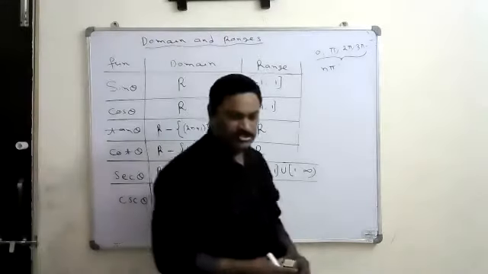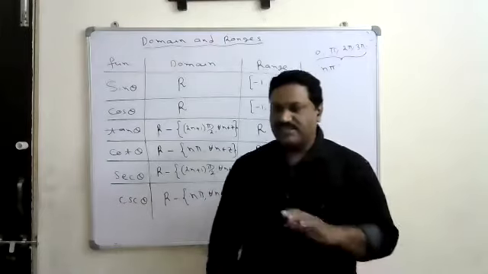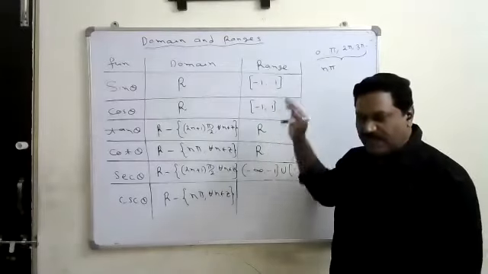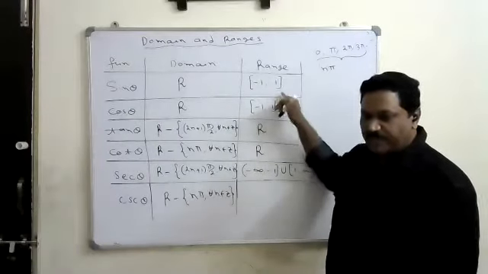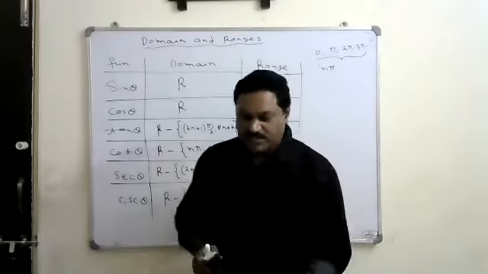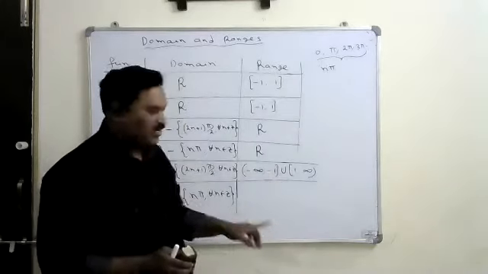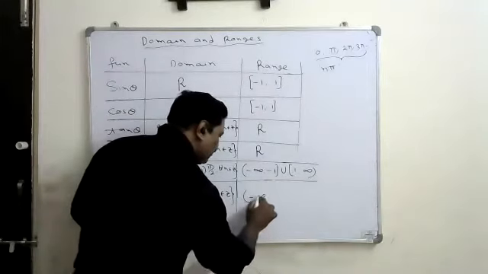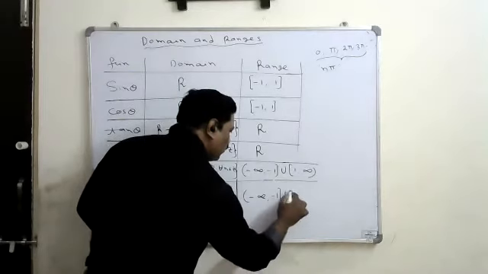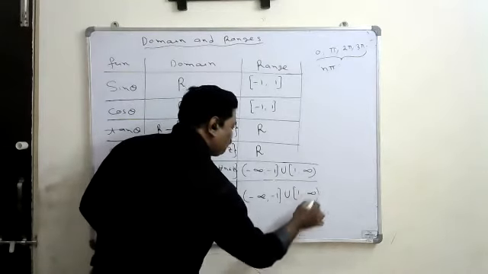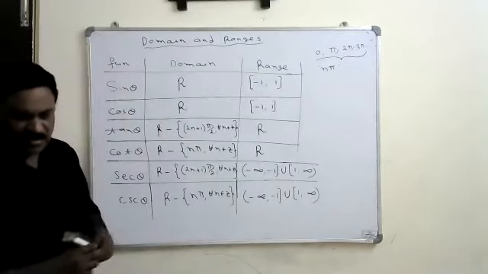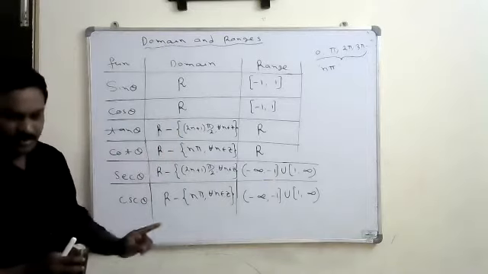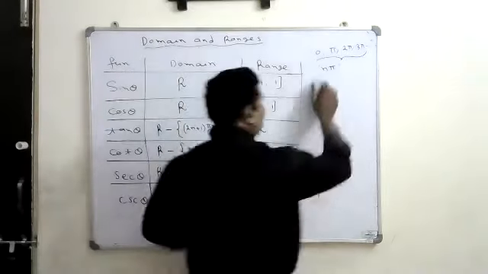Similarly, what will be the range? Already we know that cosecant theta is the reciprocal of sin theta, right? Since sin also lies between -1 and 1, just like the previous example, the reciprocal again should not lie in between -1 and 1. Again we get the same range. Therefore, the range of cosecant theta is also -infinity to -1 union 1 to infinity. This domain and range is very, very important, so you compulsorily should know that.